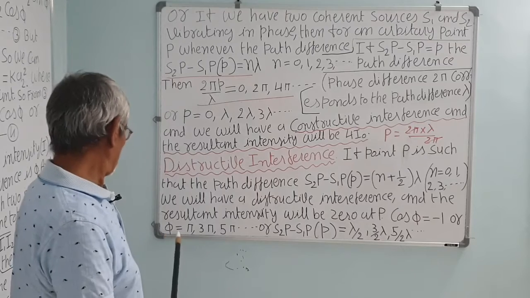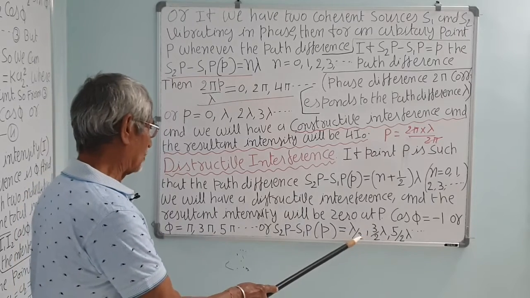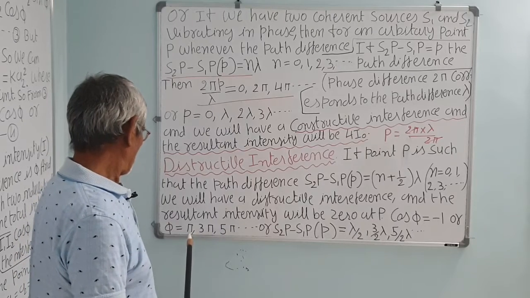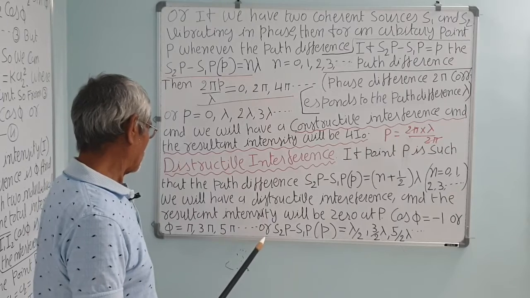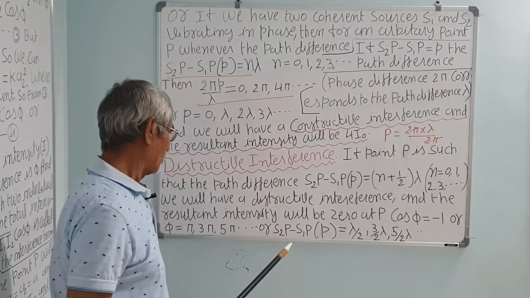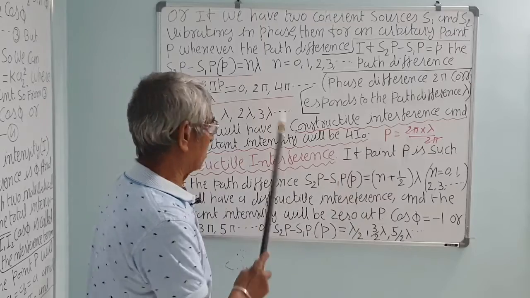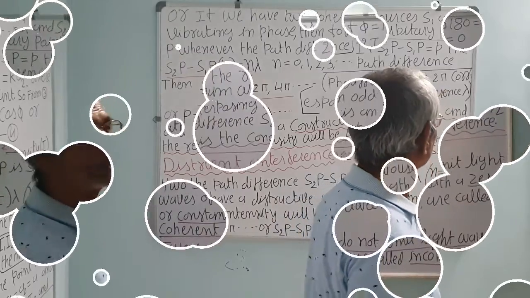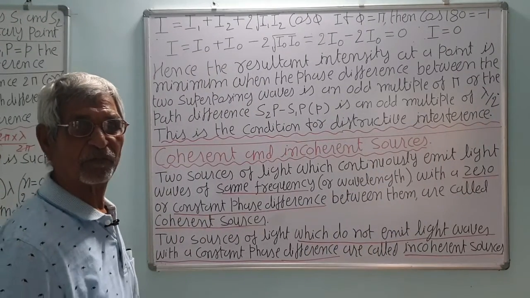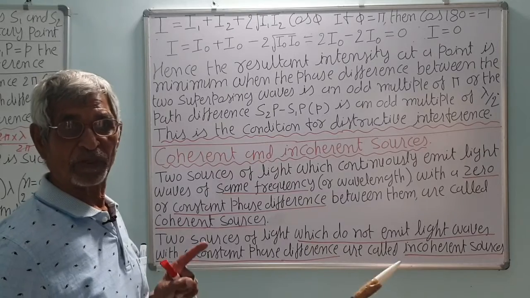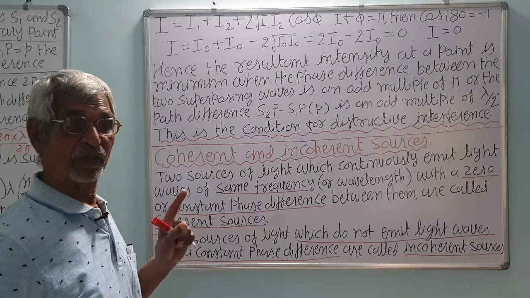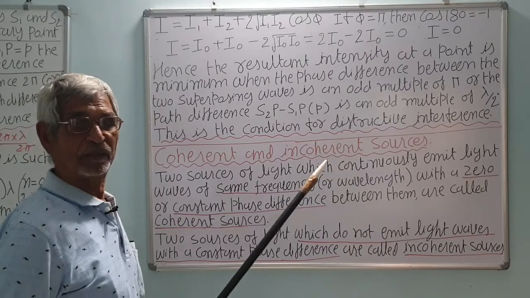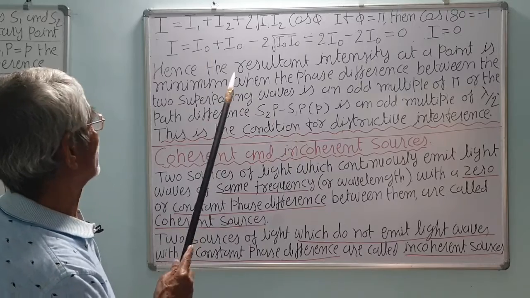Or in the phase difference, pi corresponds to lambda by 2, that is, phase difference is pi, because 2 pi is equal to lambda. Then 3 pi, 5 pi and so on, correct? Odd number of pi. So this you can remember either in the form of lambda or 2 pi. Thus, we have seen that when the path difference between the two waves reaching the observation point P on the screen is 0, there will be constructive interference. Lambda by 2, 3 by 2 lambda, 5 by 2 lambda, 7, or the phase difference pi, 3 pi, 5 pi, 7 pi, etc.